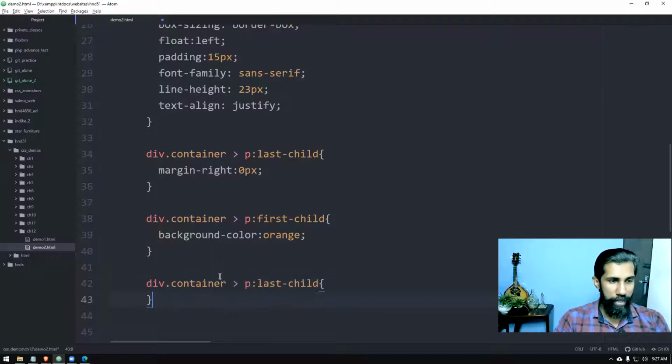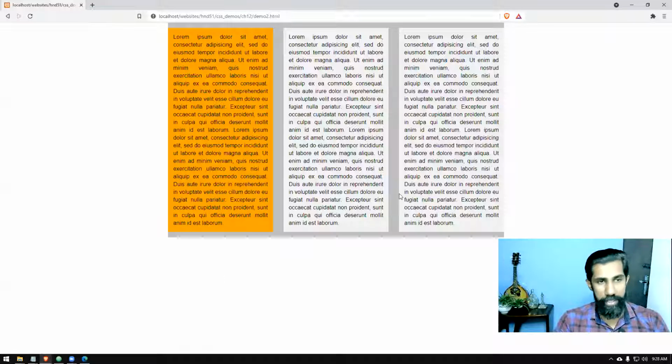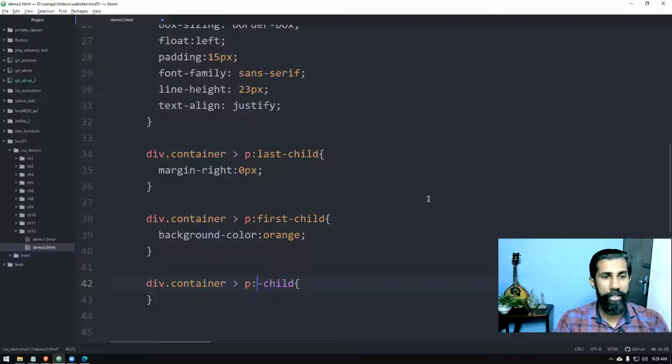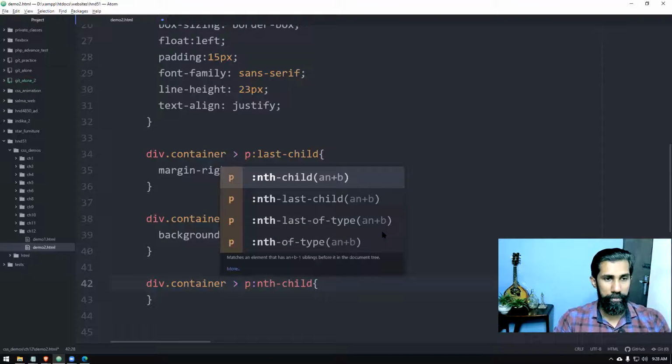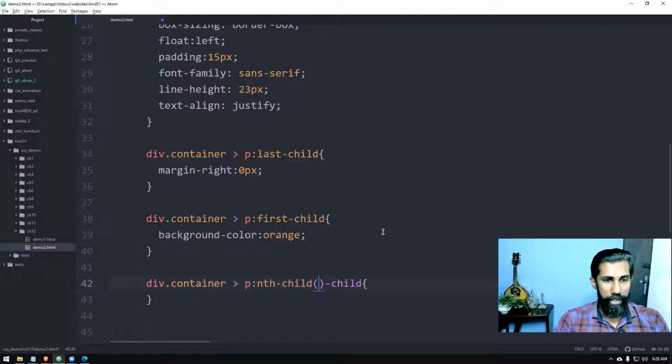The last one I'm going to show you is the nth child. Nth means the number you can count. With nth child also, you can control this. If you exactly know the third element, you can use nth child. You give 2, in the sense the second one we are referring to.